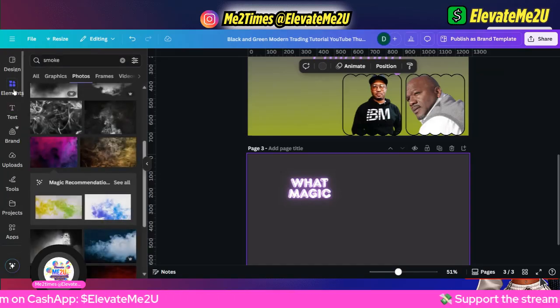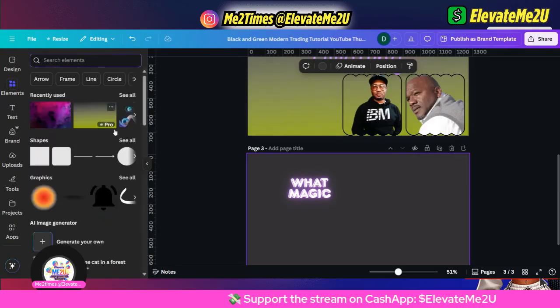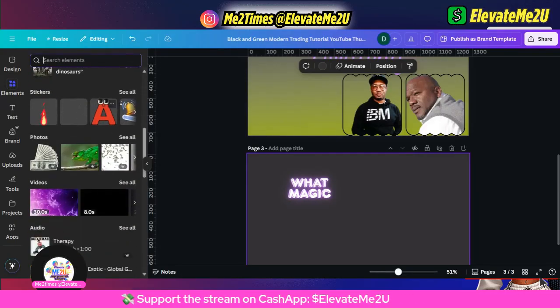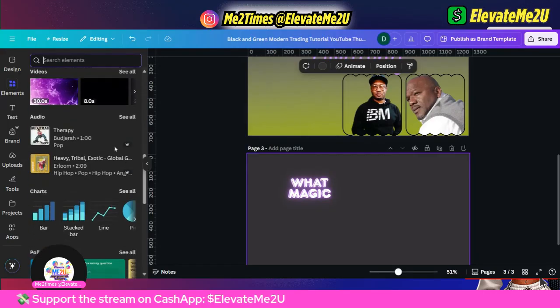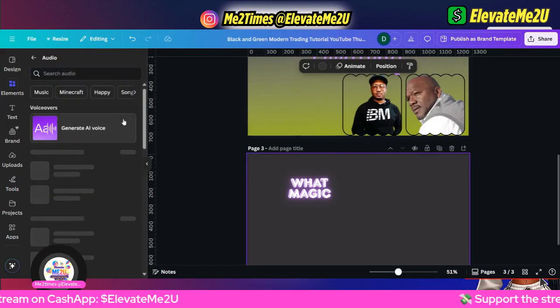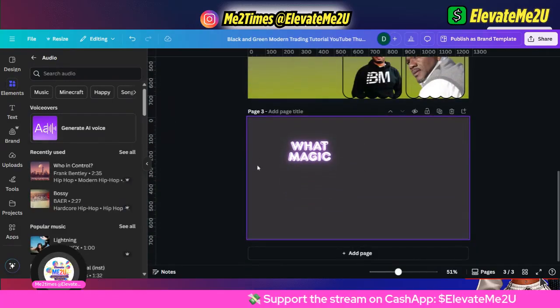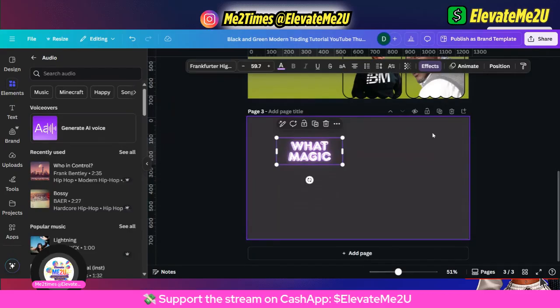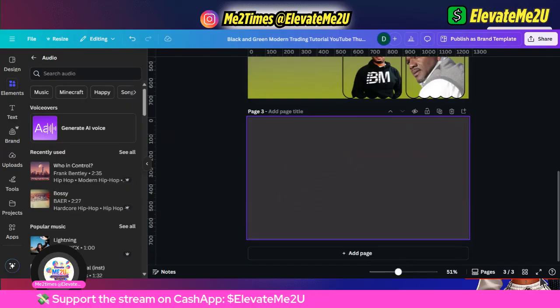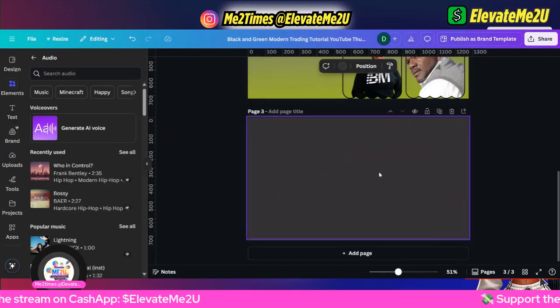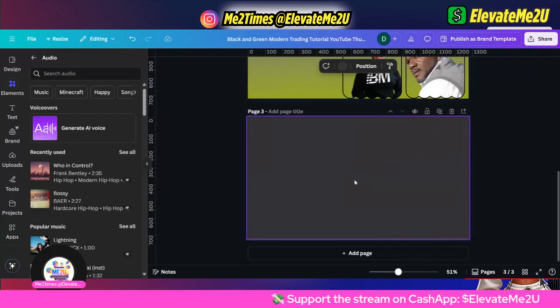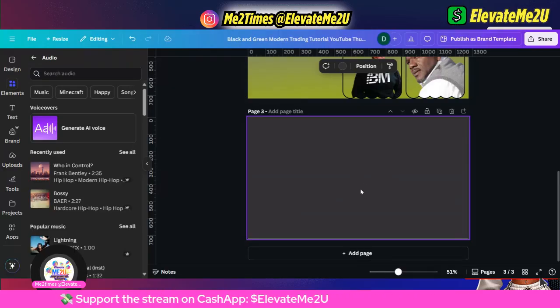So you're going to go to Elements, and this is to add audio. You can go to Elements and scroll down to Audio, and you can hit Select All. Okay, so let's add audio to, say if you was doing an intro. Now this might not be the same design type that you need for an intro, but you can do the same steps. Okay, so